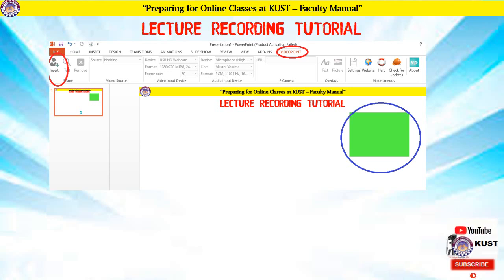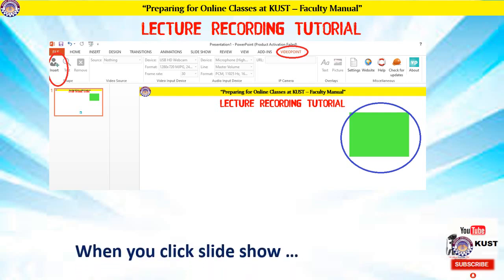So I have to do nothing, just click that insert option, and the video is inserted on my slide, so I can position my video at any location on that slide. When you click slideshow as you are recording, or you can just start recording as I have explained